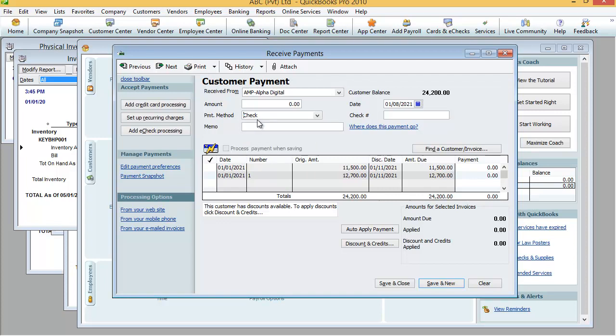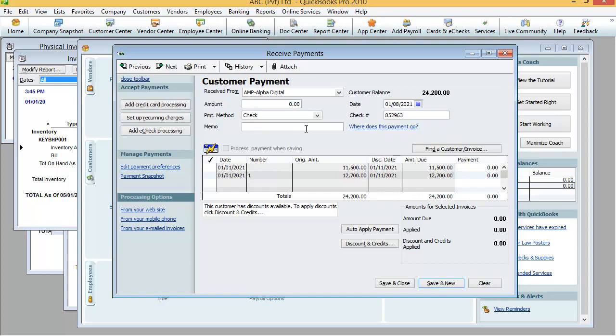If it is a check, we have to put the check number here. Right. Okay. How to do that? This is the check number 852963, and we can write the memo also: payment received from Alpha.